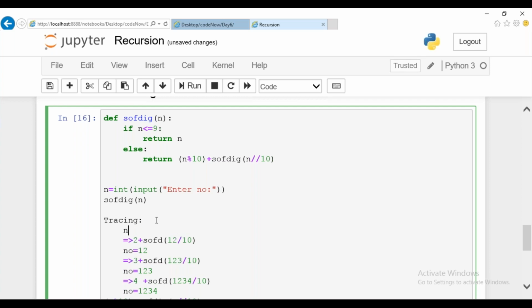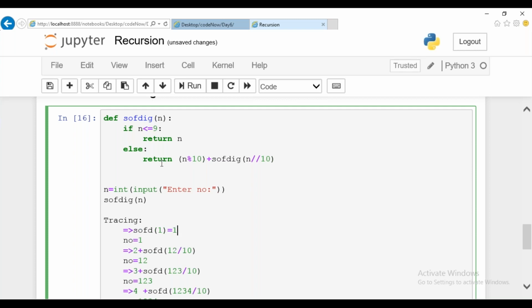Right now your number value will be called with the value 1. Whenever it is 1, I stop at a single digit. Right now your number value is 1, which is less than 9, so the sum of digit of 1 gives you the resultant 1.